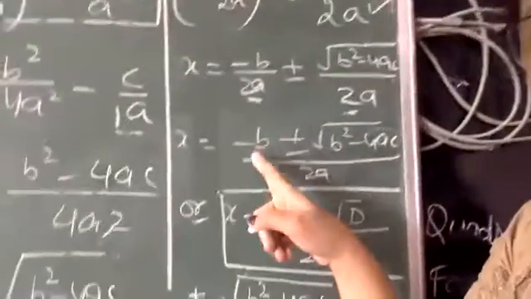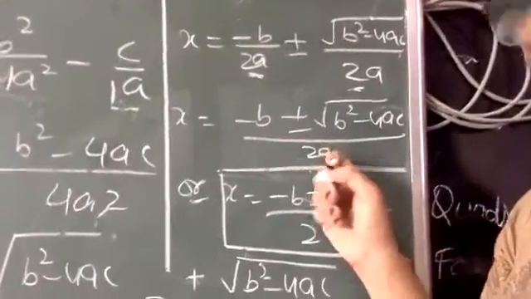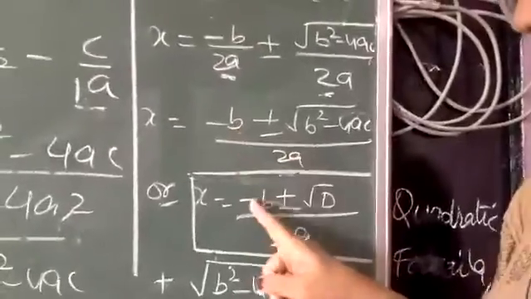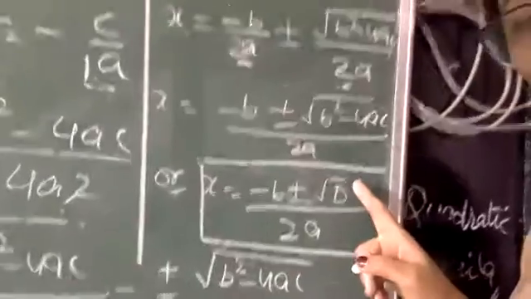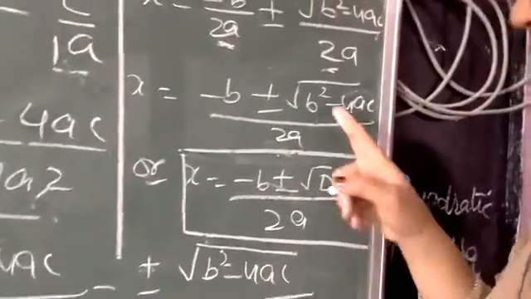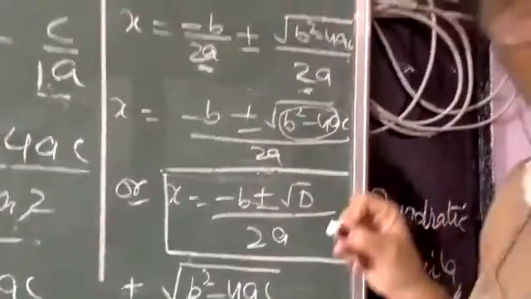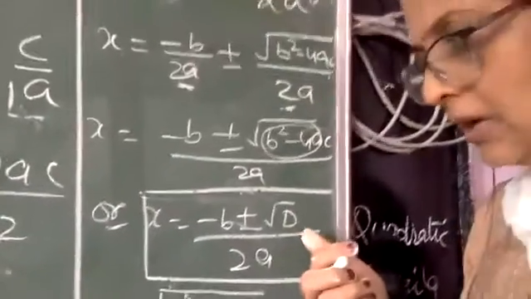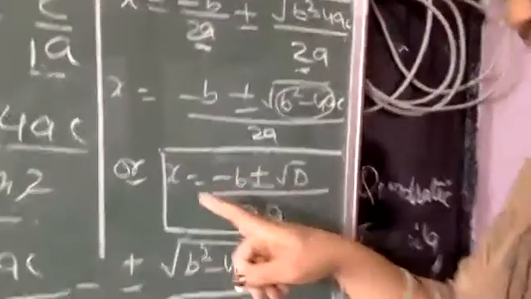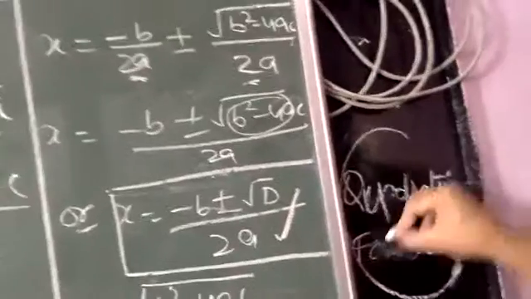Now numerator minus b plus minus under root of b square minus 4ac will be written together because we have taken the LCM. So this is written as minus b plus minus under root of d. I have replaced the b square minus 4ac by d. I will explain to you what d is also. But here under root b square minus 4ac, this b square minus 4ac can be replaced by d because d stands for discriminant. It is the test of the given quadratic equation whether the roots are possible or not. So that we are going to understand once again. So here finally we get x is equals to minus b plus minus under root d upon 2a, and this is called quadratic formula.